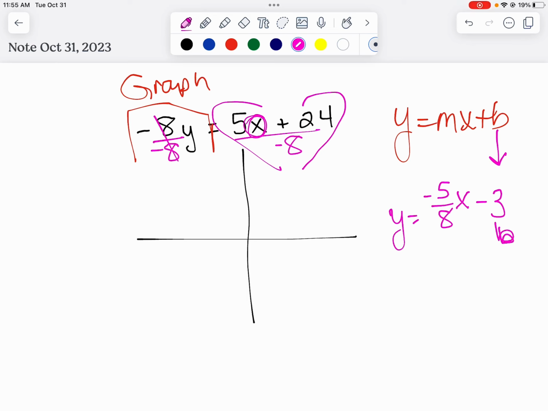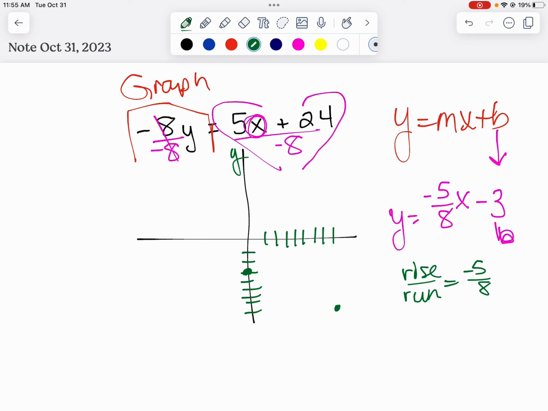always begin on our y-axis. So here's my y-axis at -3. 1, 2, 3, I put a dot right there. Now my rise over run is -5/8. So we can go down 5, 4, 5 over 1, 2, 3, 4, 5, 6, 7, 8, and